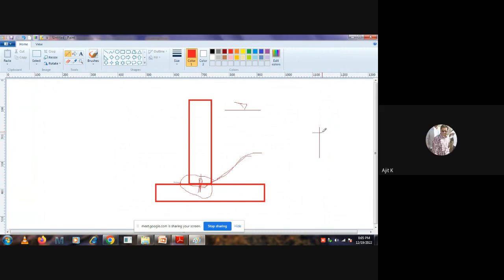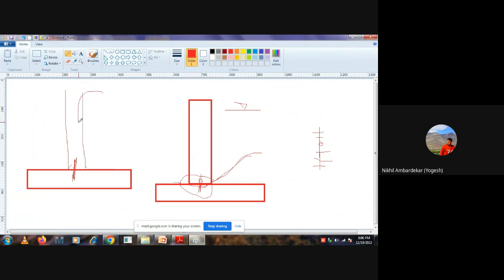Generally, we first cast the raft slab and then go with the vertical walls. So there is a high chance of leakage at the joint portion. To avoid this, during the execution of the base slab, after the reinforcement works, we put these water stops. When casting the base slab, you have to provide the water stop like this. Some portion will be exposed and some portion will be embedded into the concrete base slab. Then you have to fix the shutter